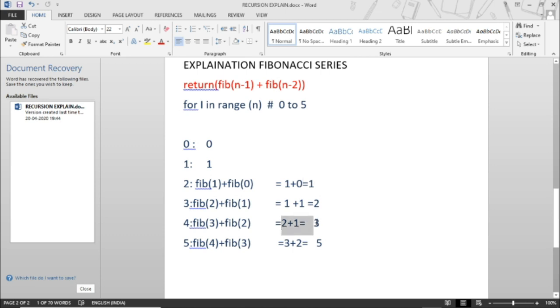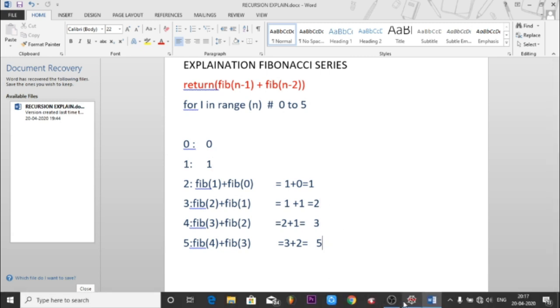So it will be 2 plus 1 equals 3. Same with 5. It will be called with 5 and the statement will be read as fib(4) plus fib(3). fib(4) is 3 and fib(3) is 2. So it will add 3 plus 2 equals 5. And your output will be 0, 1, 1, 2, 3, 5.